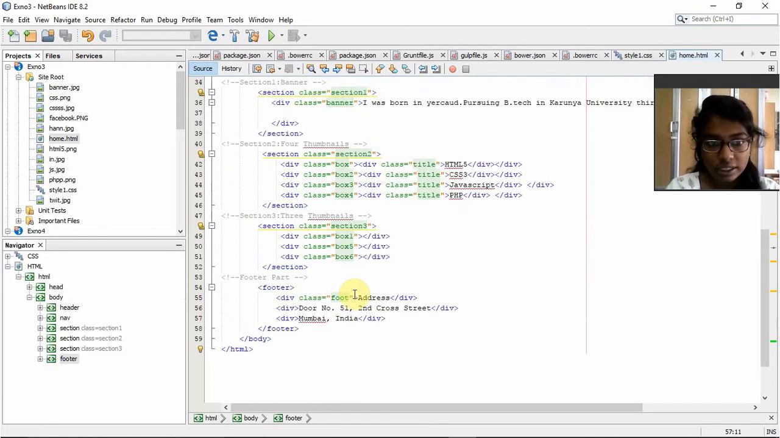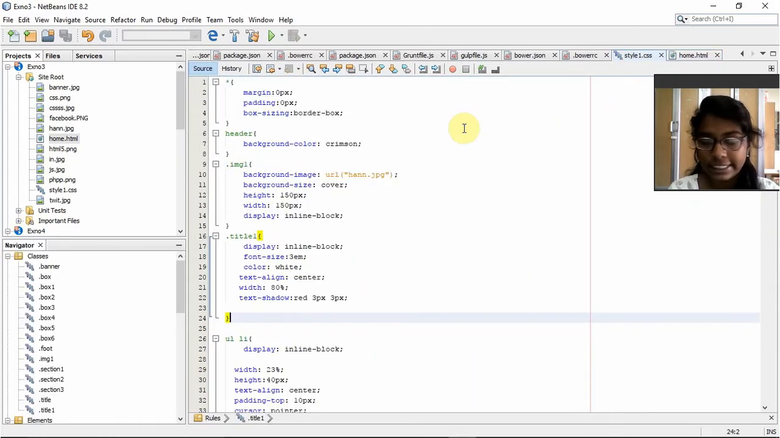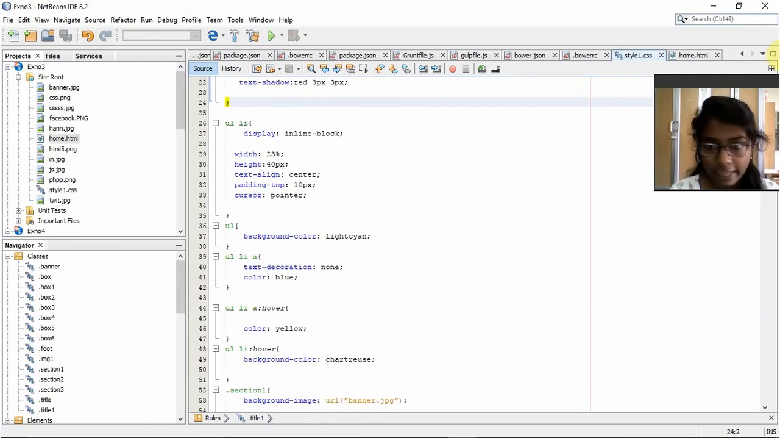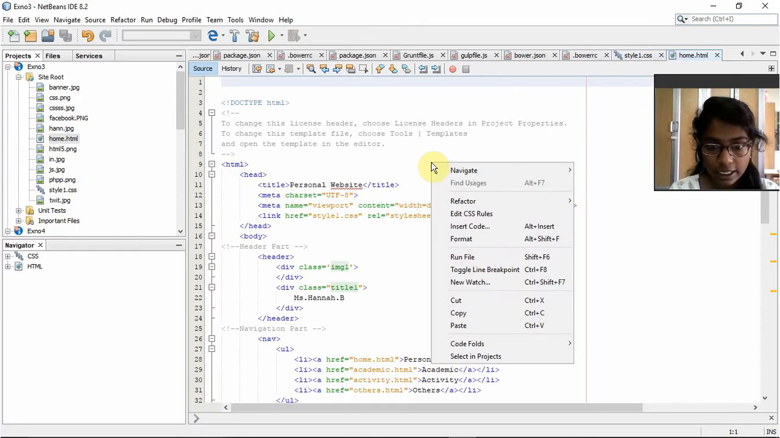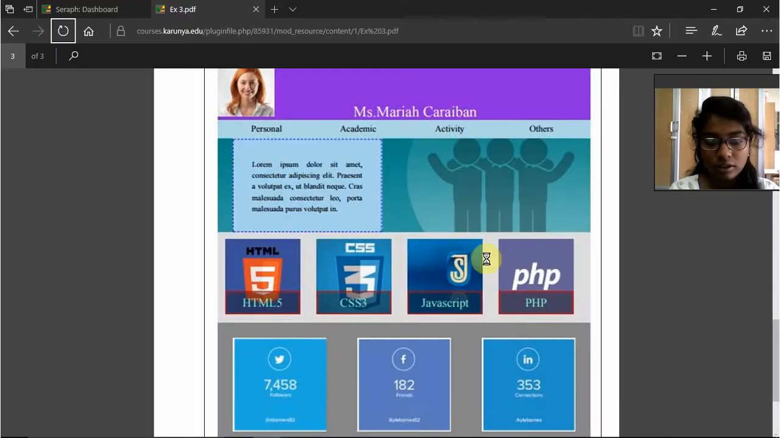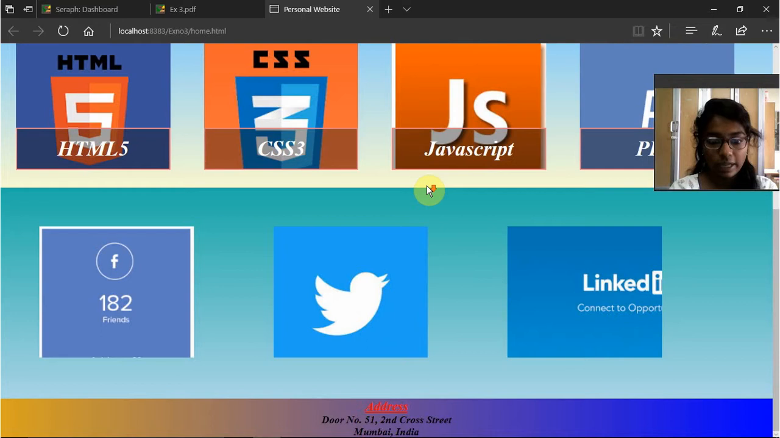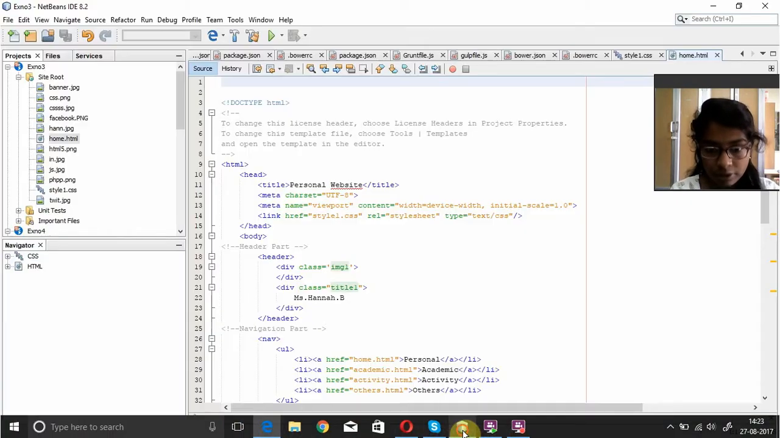So I have certain tags. I have my CSS page here, and I have given the link of the CSS in my head tag. So when I run this file, this is my website. So what I've done: to do this part with the color, name, and the photo, I have given